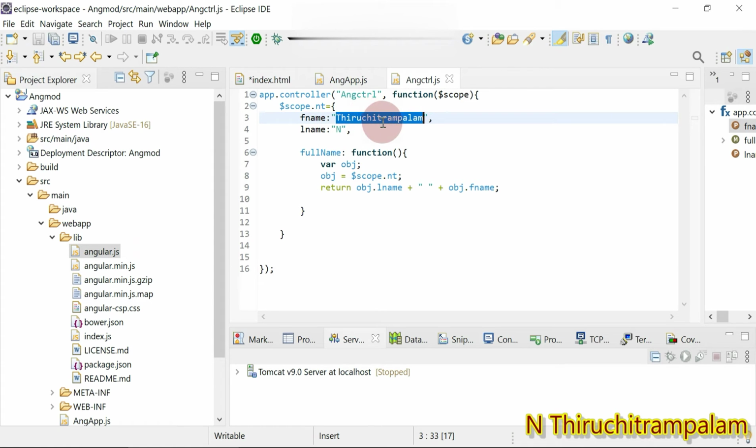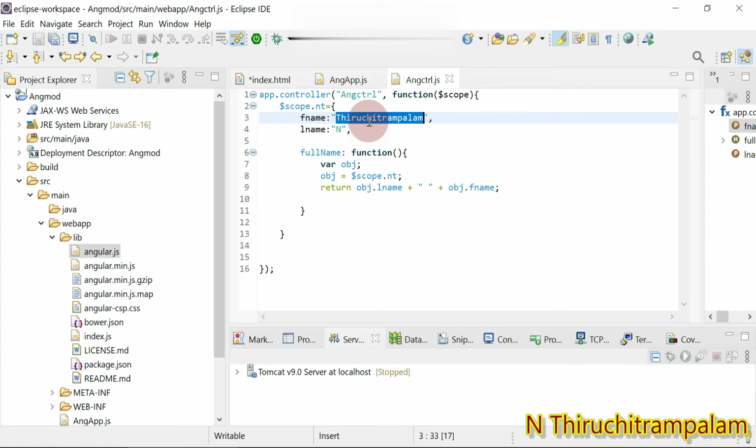Okay, and whatever changes you make in this fname, in this controller ANG-CTRL.js file, that would reflect on the view page. So that we call a two-way binding, right?